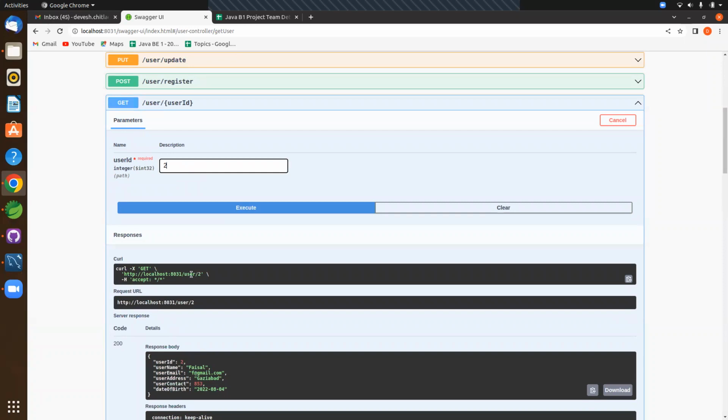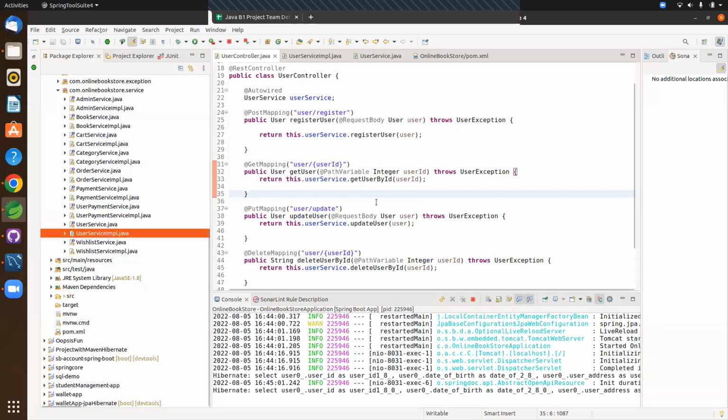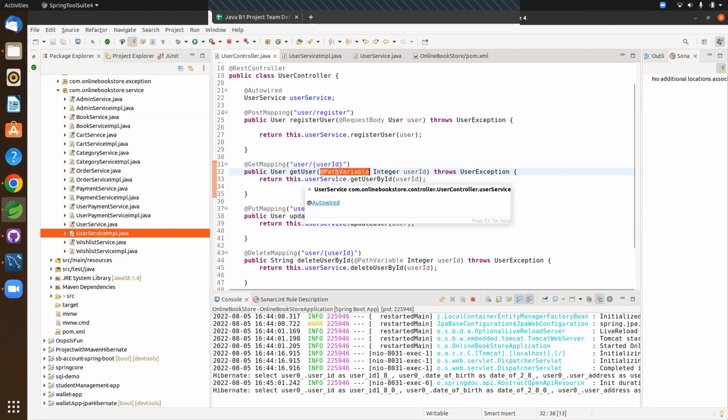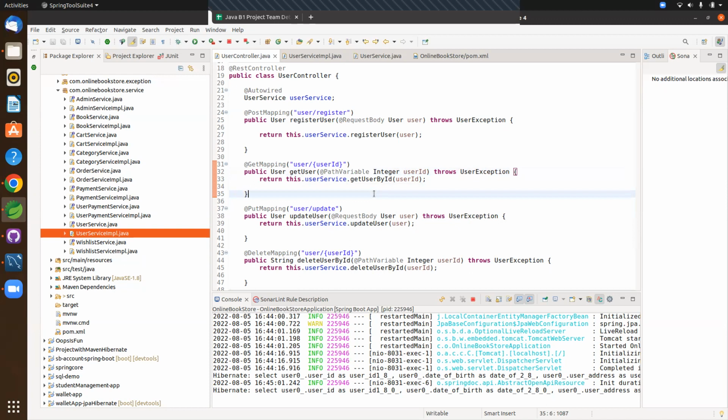So let's go to the code here. Go to the controller. Yes, it is going through the URL, user/2, correct? So now go to the controller. Look, there you are using request body, path variable. Path variable, what does it mean? Where is your data? Actually, it's a dynamic URL sent from the client. That's fine. Dynamic URL means you are sending user/some ID, and that ID is dynamic, right? Yes, in curly braces. Yes, that's why it is called a dynamic URL.